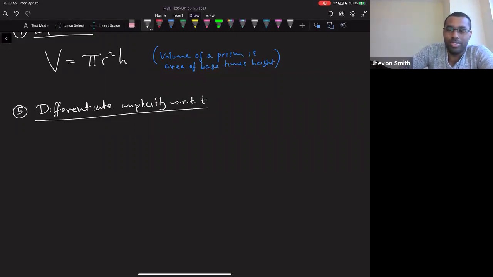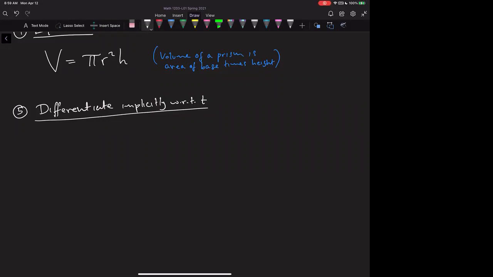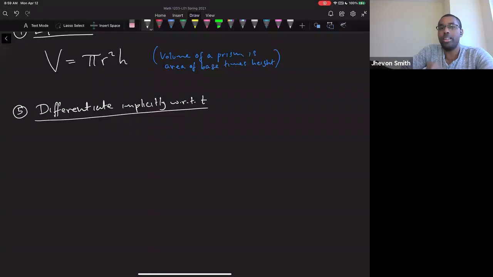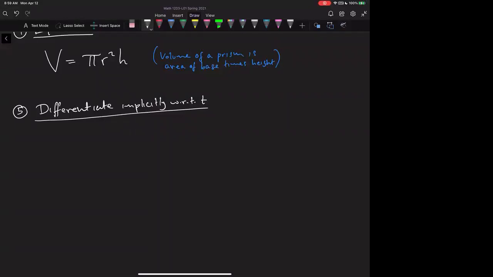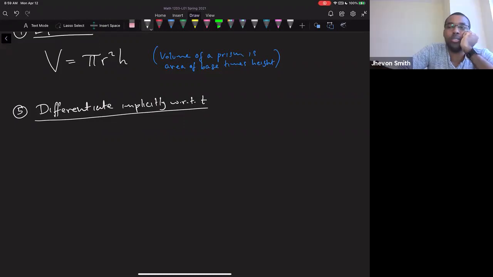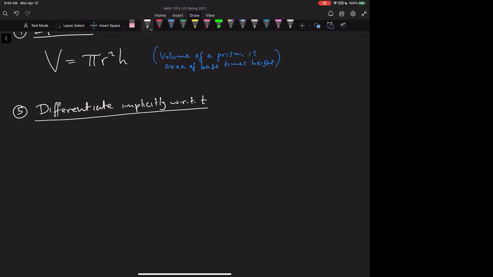Hello? Someone said they honestly have no idea. You have no idea. Okay, all right. Does anyone have an idea? Let me ask this. What are the dependent variables? Do we know what the dependent variables are? Is that R and